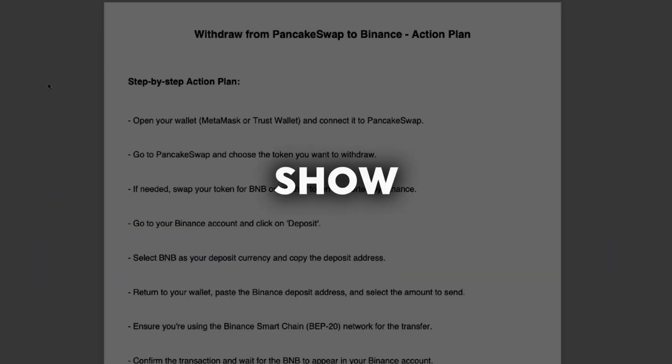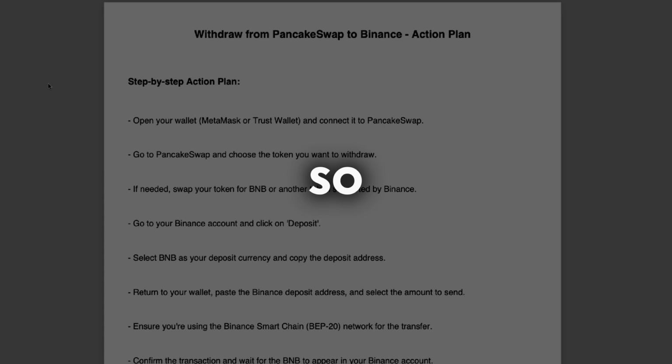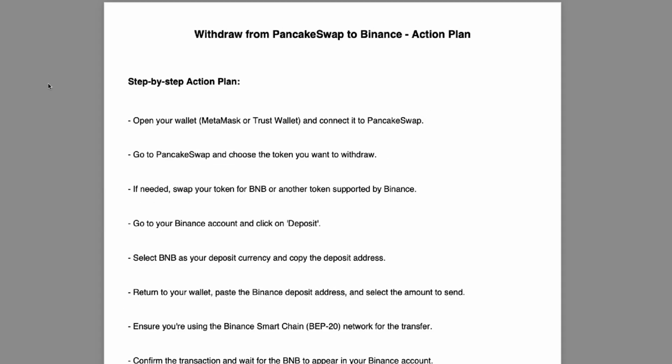In this video, I will show you how to withdraw money from PancakeSwap to Binance. So this is a step-by-step action plan on how to do this. So let's get started. First of all, you need to open your wallet, so your MetaMask or Trust wallet, and